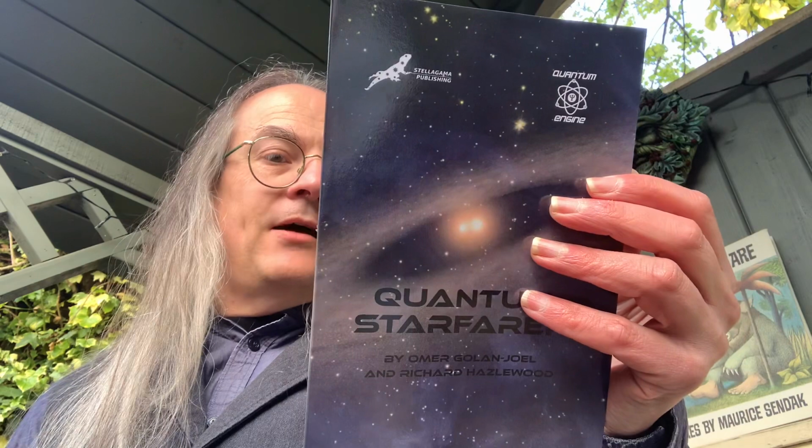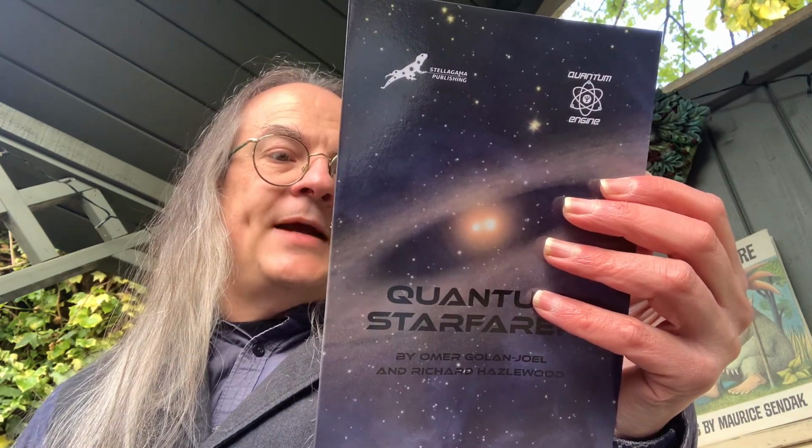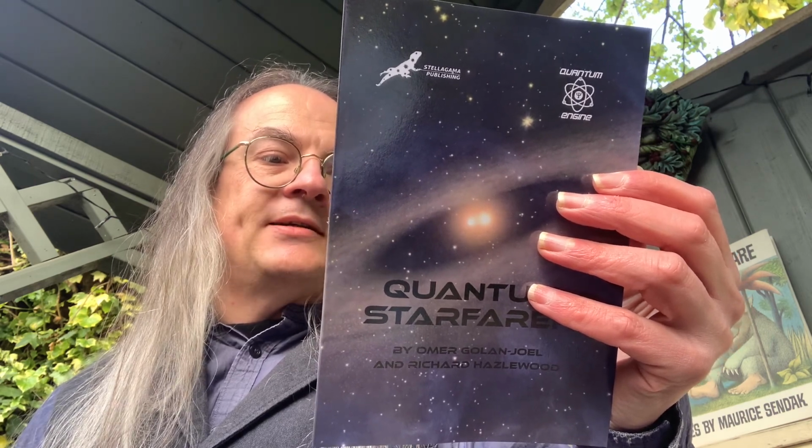Quantum Starfarer is a lightweight science fiction role-playing game, using a simple 2d6 mechanic, perfect for conventions, one-off games and short campaigns. All you need to play this game are these 4 sheets, 2 or more 6-sided dice, and writing implements and supplies. Now, this is from Stellagama